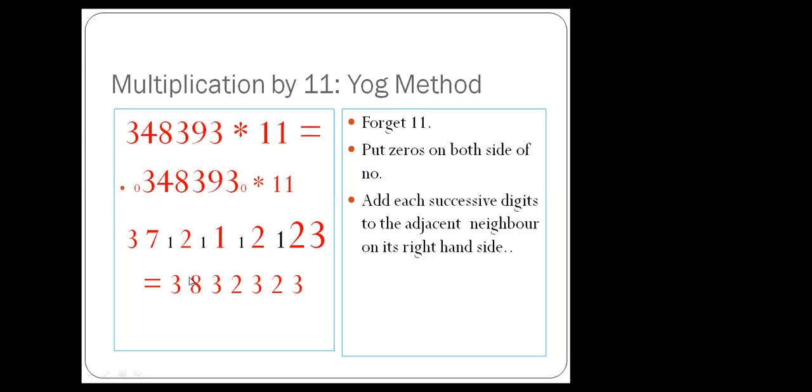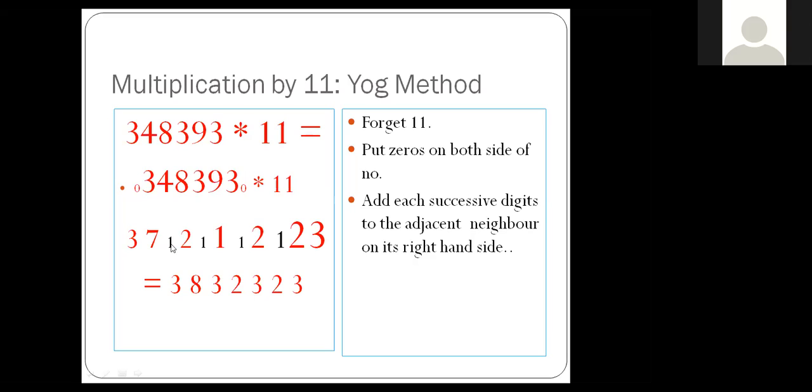Okay, Arhan, are you getting it? It's a method that you have to write 0 initially and 0 in the end, on both sides of the number. And then you have to add each number with the next digit. Whenever a carry is generated, you have to write it in smaller subscript form. I have written it here in small black color so that you can understand that this is the carry. Otherwise, you can write like this.